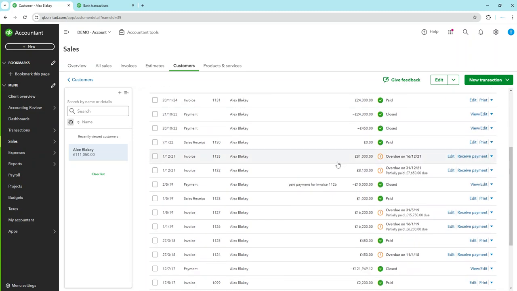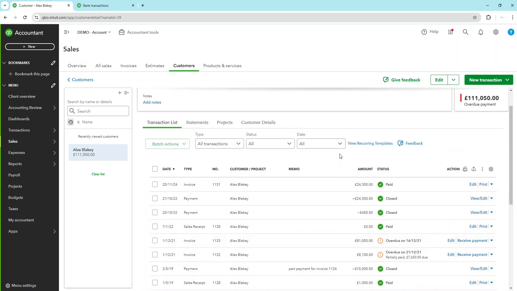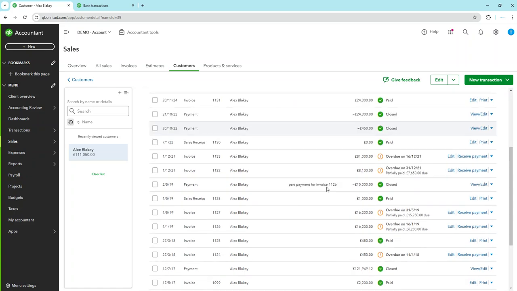So that means the customer has made a bulk payment, and therefore we need to allocate that payment to a couple of invoices. So on this account, there are more invoices than the client has made payment for. So what you need to do is allocate that payment to the invoices you want to allocate them to. So to do that, click on any invoice,